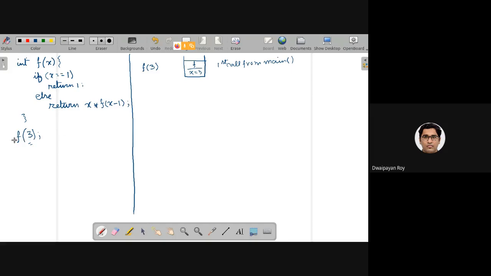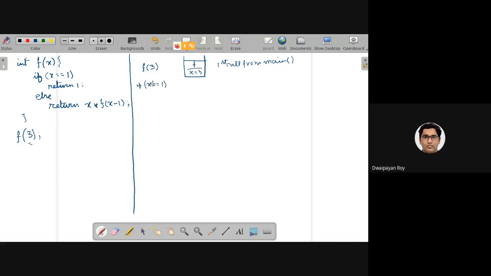Now, from this f3 function call, the first statement that it executes is the condition check, if x equals 1.